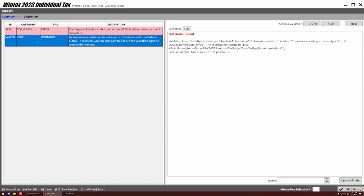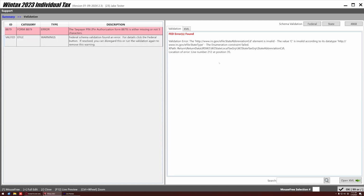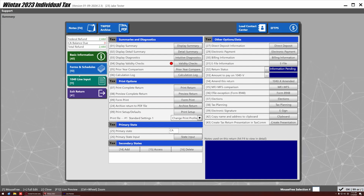You can see here that it's also telling us, hey, we have some errors. So I'll go ahead and fix these. And then these ones here are where tech support is a little bit more needed. You can see here, there's basically a bunch of words in text code that you can see. And it says line 212, position 35, but you're like, what is that? I have no idea. We look for keywords. We can see it's the state abbreviation code. And we can see that the value C is invalid. So we know that it's that C that we entered inside of our